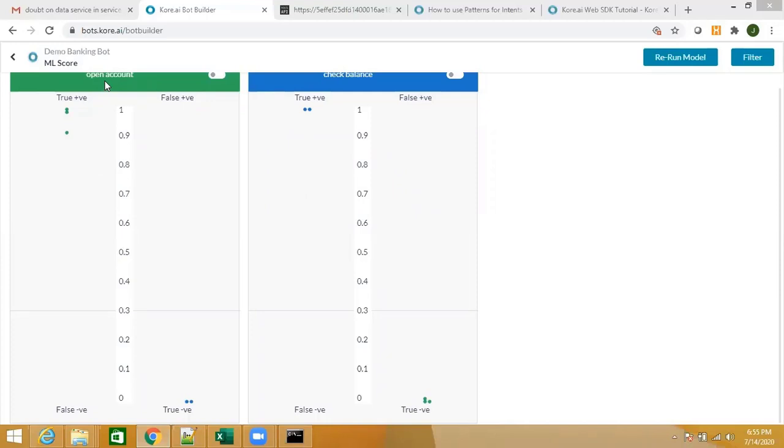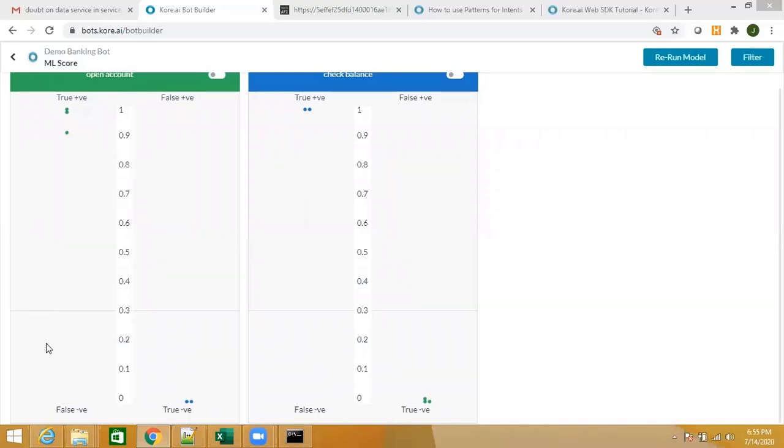Typically that is why we say all the ML utterances should have words which are very close to the name of the task. Don't train idiomatic sentences in the ML utterances, because they can incorrectly identify a particular intent, or they can get a very low score because they don't have anything in common with the name of the task. That is why they can fall into the false negative section.